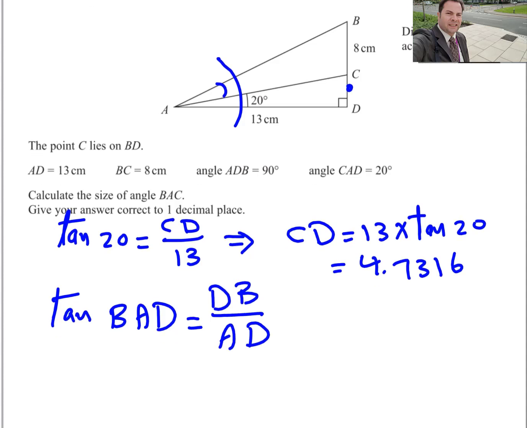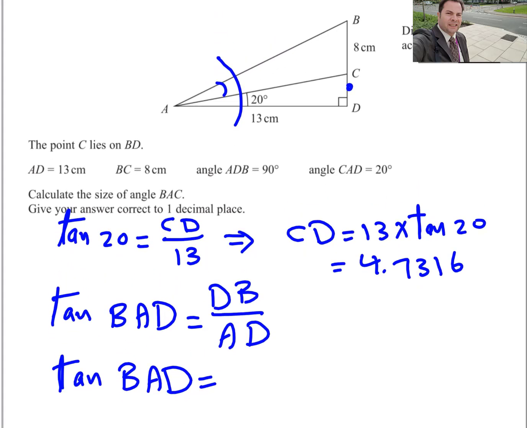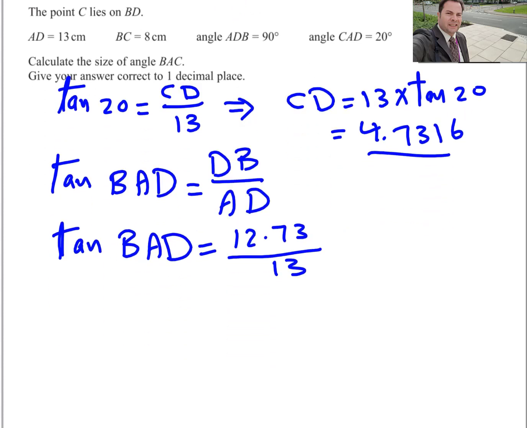So tan of this angle, tan BAD is equal to, if you add CD to BC, 8 and 4.7 will be 12.73, divided by 13. Inverse tan, you can find the measure of angle BAD is equal to